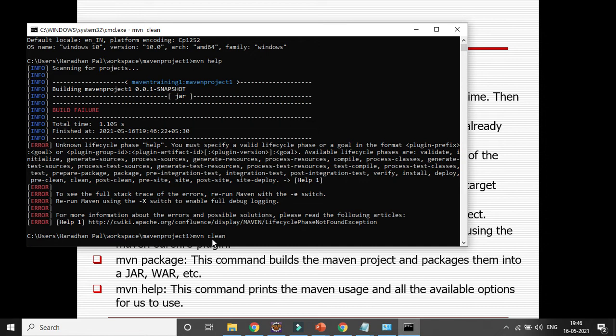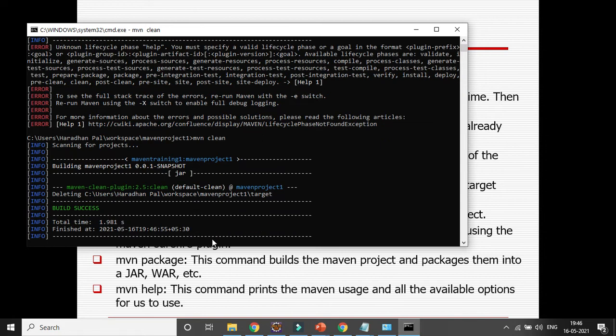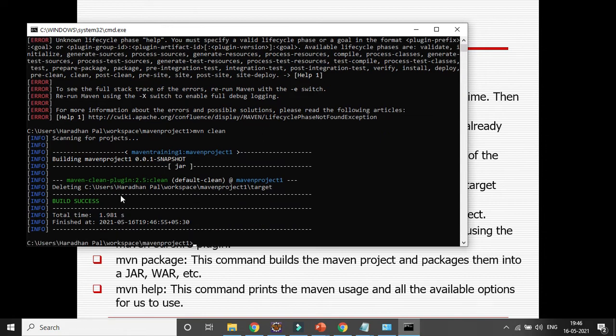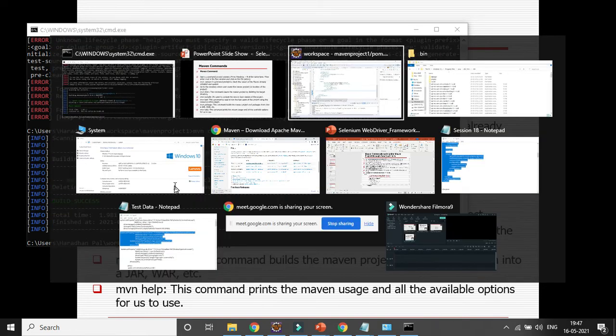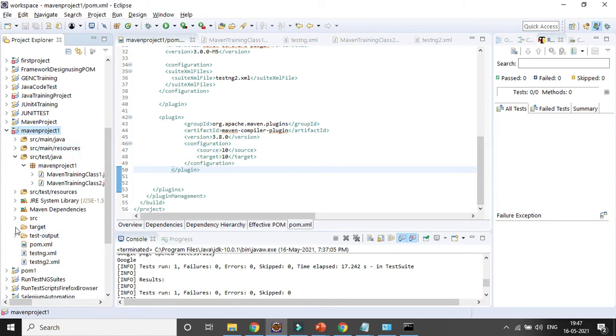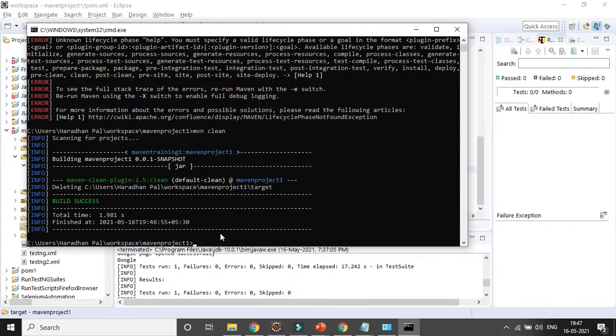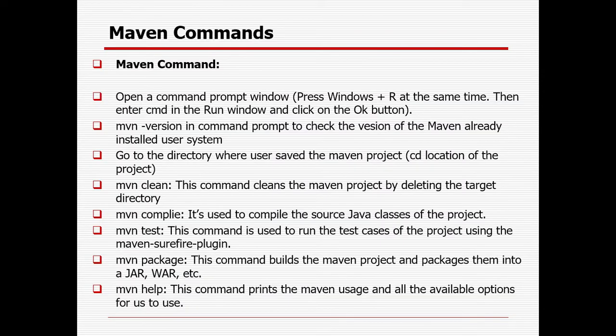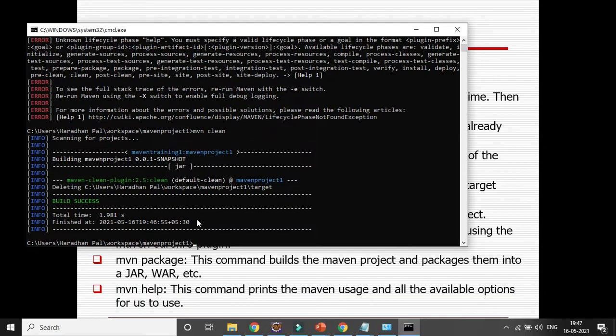So you need to go to that project path. You can see it is deleting the target, that is the outcome here. It is cleaning. Let's refresh the project once more and see. You can see in the target directory nothing is available, only the target folder. Whatever was there is deleted, so it is cleaning all the run history. Now after clean, what will you run? You will go for compile, to check whether any kind of error is there or not. Maven compile.